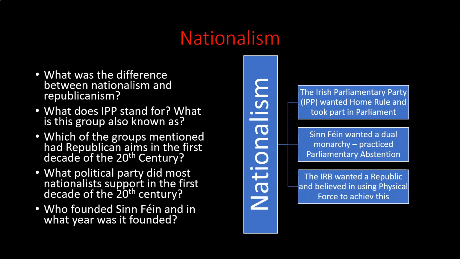So in our next lesson, we're going to look at something called the Home Rule Crisis and how they nearly, in the 1912-1914 phase of the time period, nearly got home rule. They didn't achieve it, but they got very, very close in that time period. Okay, but it's really important to understand who the IPP are. They are very much the most popular party of nationalists in Ireland at the time.